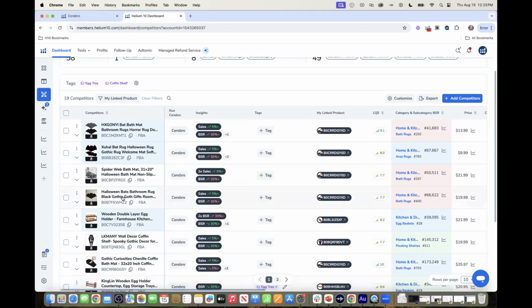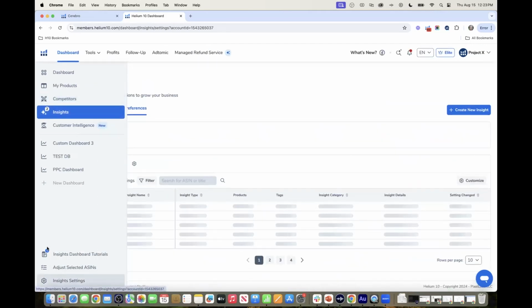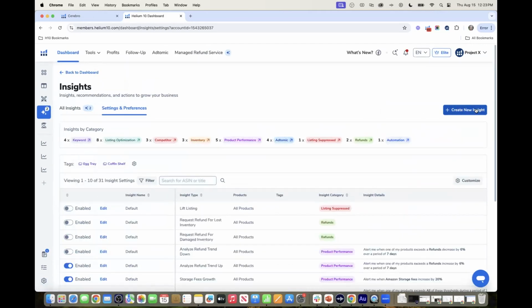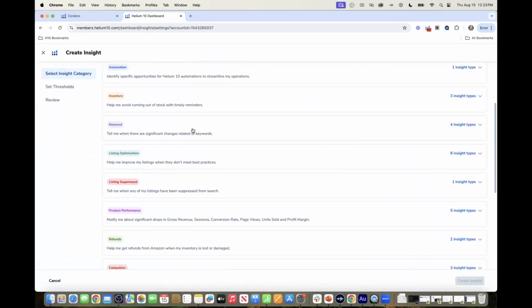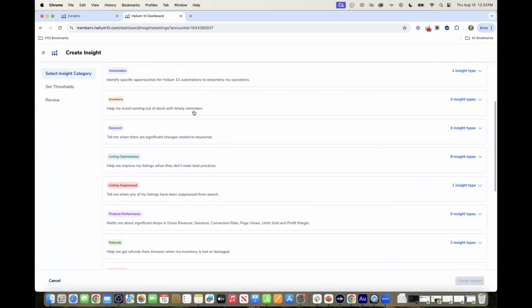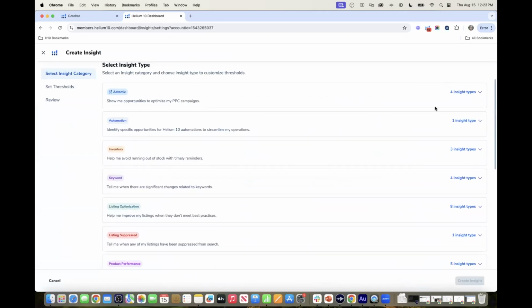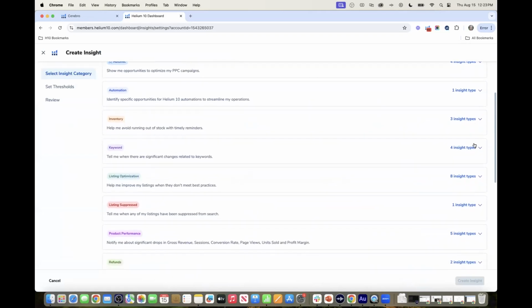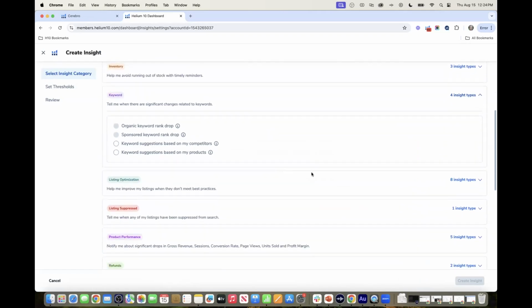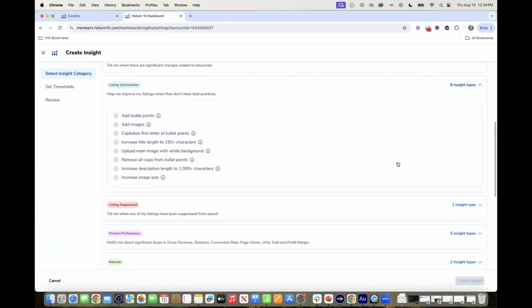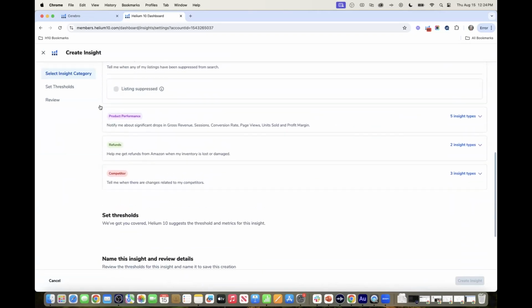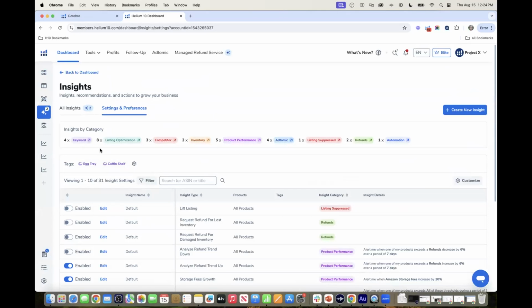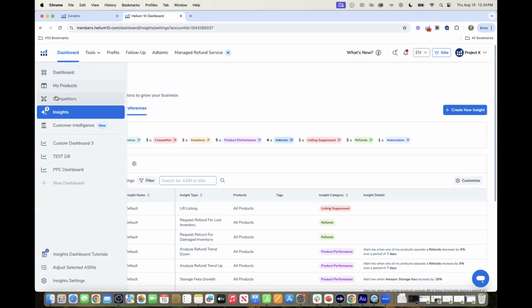If you want to set up insights here, you can create different insights here as well. So there's different types of insights that if you want to see different insights on your own products, you can set them up here. So for example, the keywords, you can set up keyword insights right here, or listing optimization. You can set up different insights here as well. If the listing is suppressed, all that stuff, you can set up in the insights there, or you can also do it in